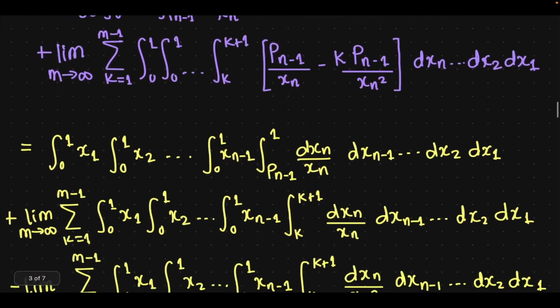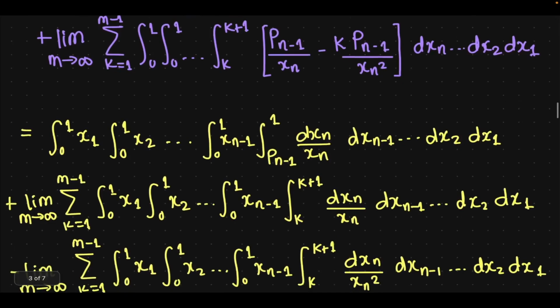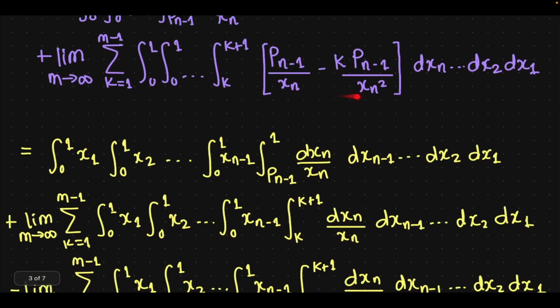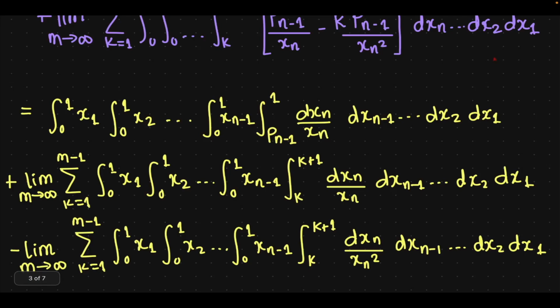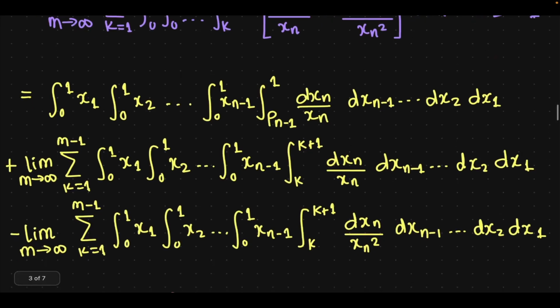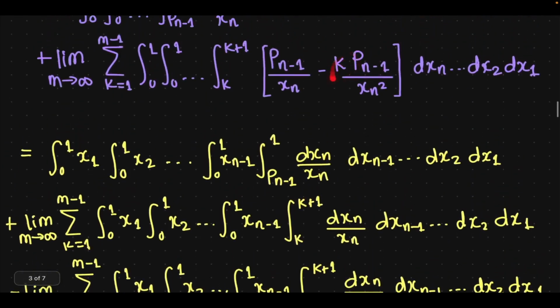I'm also going to do a similar distribution and reorganization in those other two integrals that we have generated by the second term in purple. So it's going to be, take the limit and sum outside, 0 to 1 x1, 0 to 1 x2, till 0 to 1 xn minus 1. That's the first n minus 1 integrals. And then the last integral, the nth integral, is dxn over xn from k to k plus 1, minus, because now we have to deal with the k term,